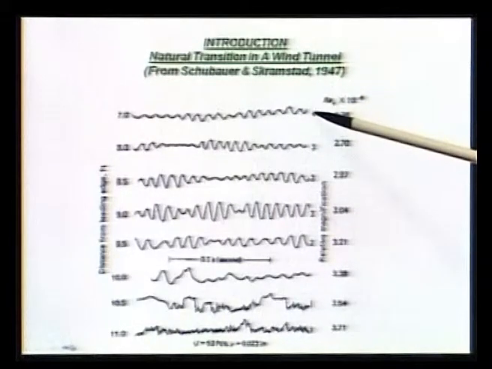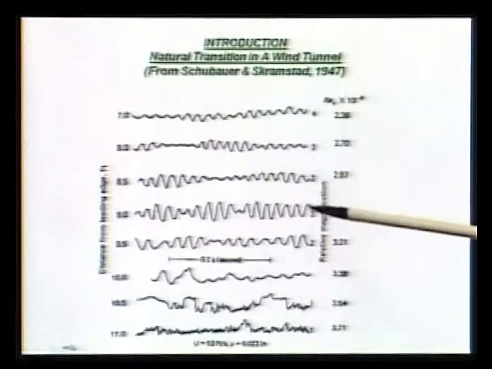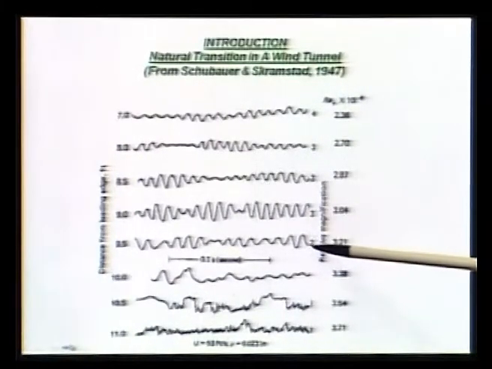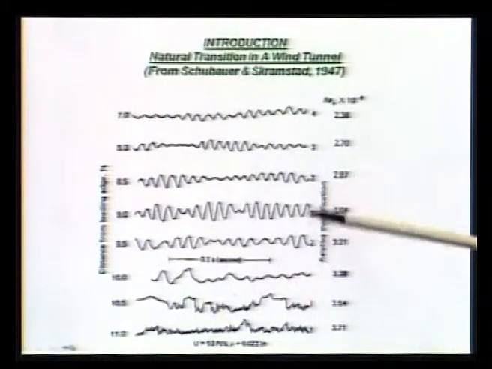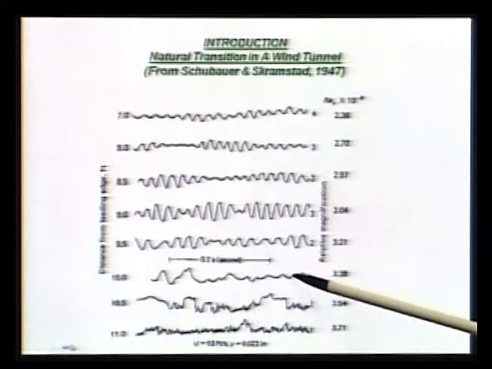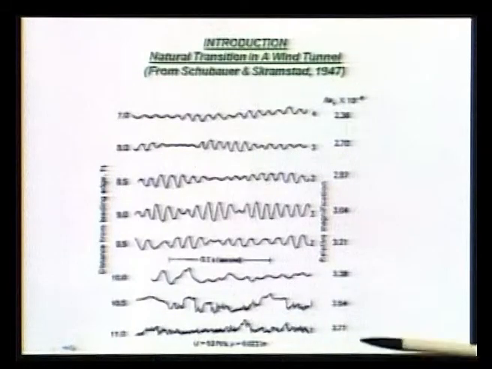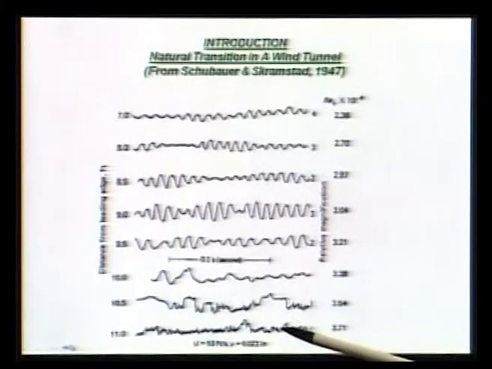This is 4 times magnified, this is 3 times magnified. By the time we are here, we are only magnifying 2 times. So, you can see that it is growing, and it is not at all a monochromatic wave, and then all of a sudden it has this kind of peaks. And when it does become turbulent, that is characterized by very rapid fluctuations, which we all know what happens. This could be even a transitional flow. Nobody is saying it is fully turbulent flow. This could still be